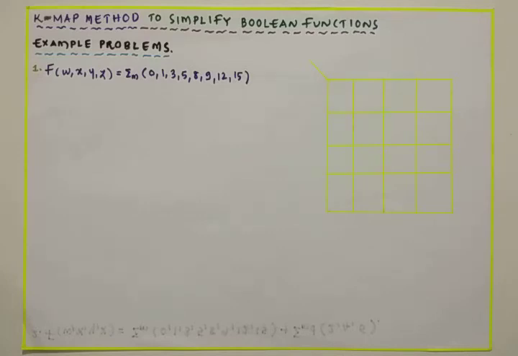So the students are instructed to watch the video very clearly, such that no student should have any doubt in these two topics. One is the K-map method to simplify Boolean functions, and the second one is about error detection and correction codes. Then I am going with the first topic,